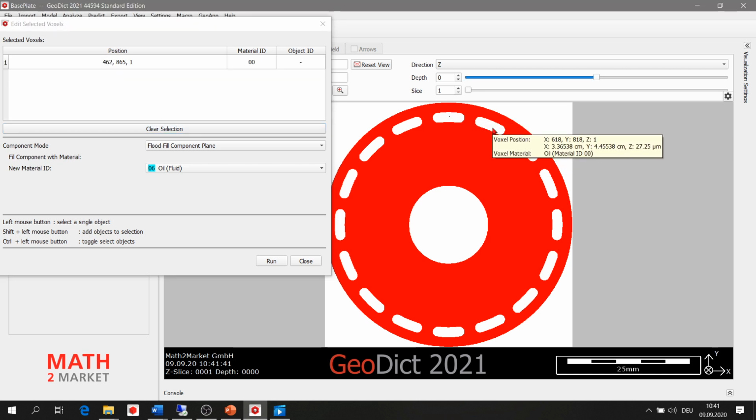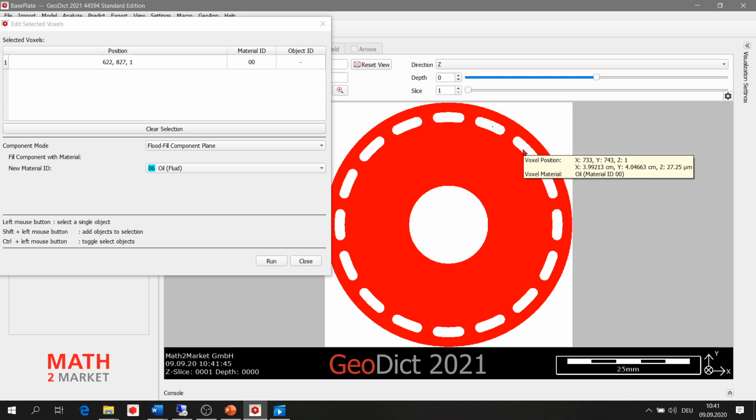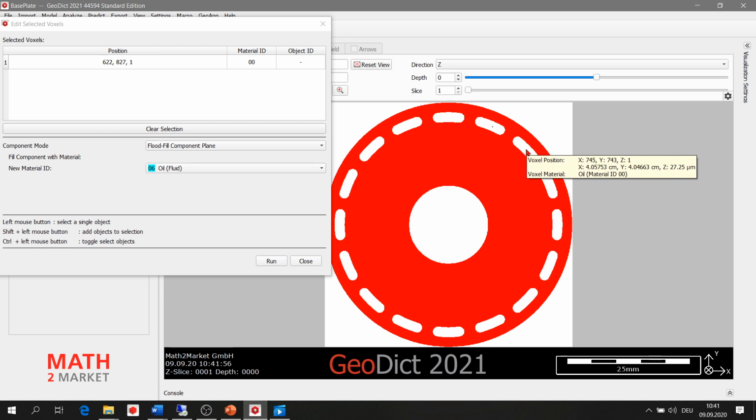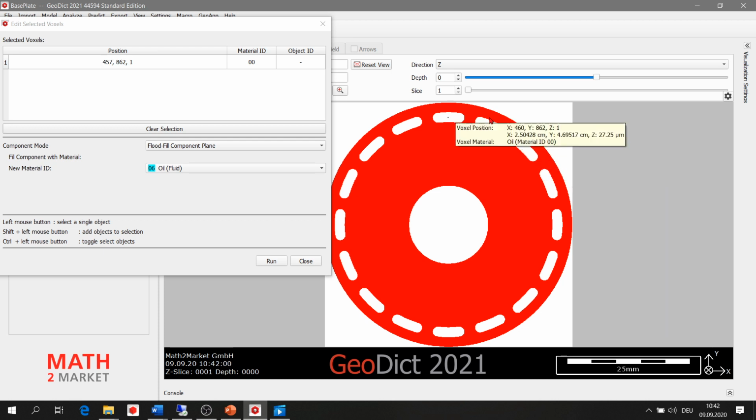So 1, 2, and don't forget to also keep the STRG or control of your keyboard. Otherwise, when you select a second point, then the first point would be gone. So let's start from here again. 1, keeping the STRG or control.